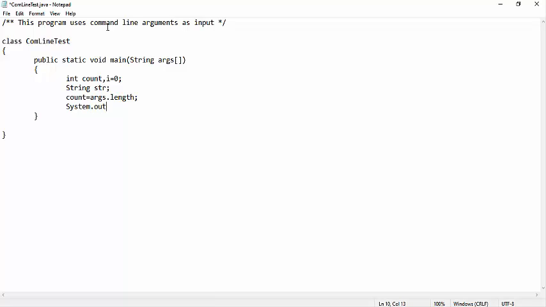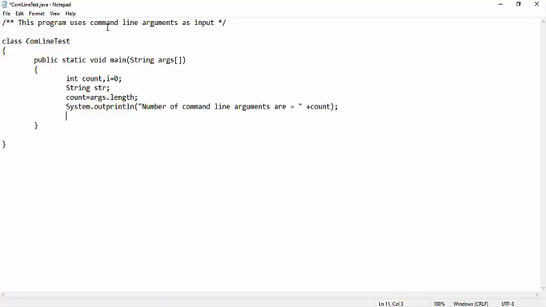Okay, and in the next step I am printing the number of arguments passed at the command line. The calculated value will be stored where? It is stored in count. So print the value of count by using the method println. So automatically we will get the number of arguments passed at the command line. In the printing statement I am writing the text "number of command line arguments are". Which variable do we need to print? We need to print the value stored in count. So that will be the statement.